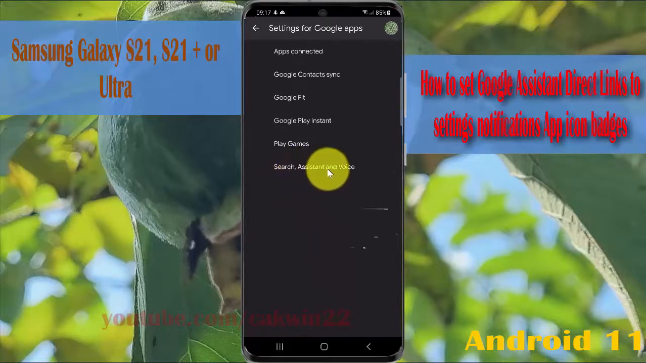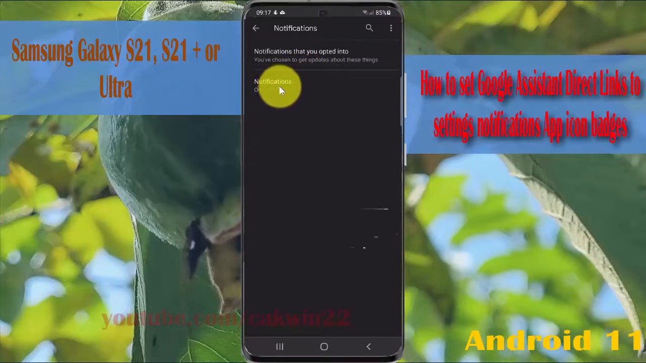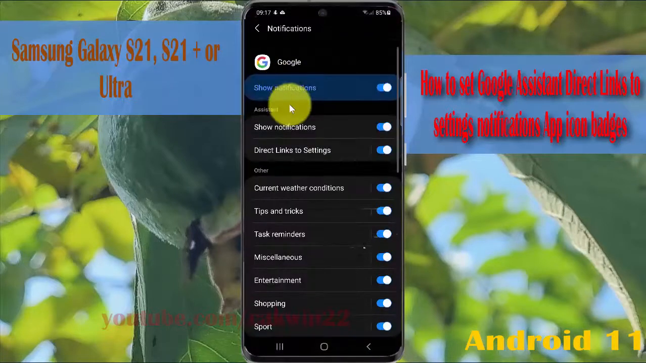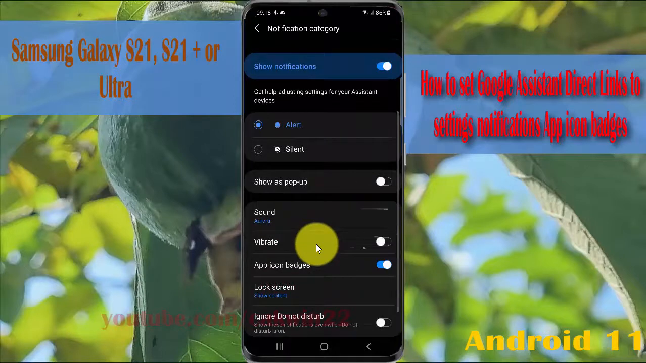Select search, assistant and voice, and then tap notifications. Tap notifications again, and then on assistant, select direct links to settings, and then to turn on